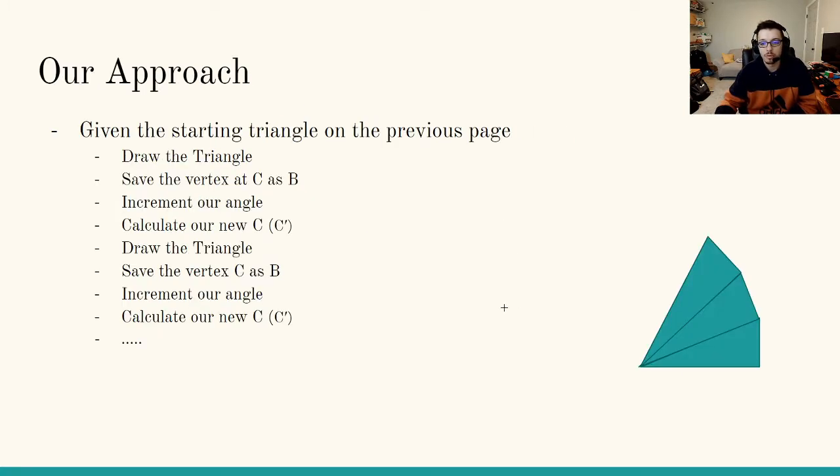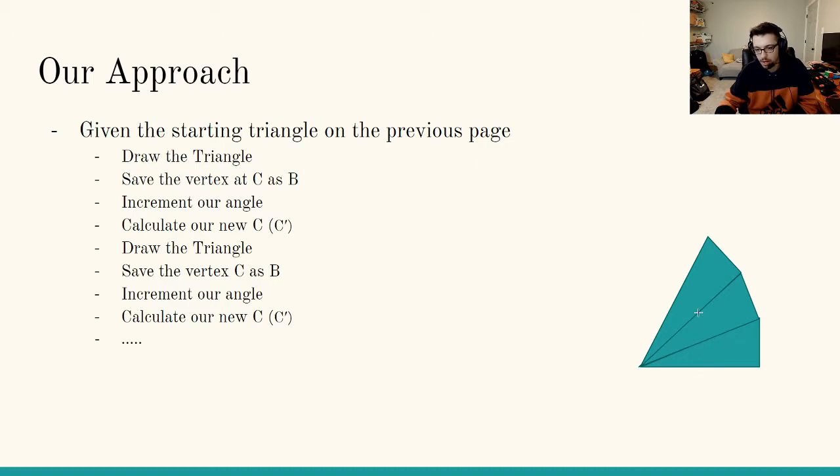So our approach is going to be: draw our first triangle, then save that C vertex in B. We're then going to increase our angle, so now we are representing kind of 2 triangles here, and calculate our new C value, which would be up here. We'll call it C prime. And then we will draw this triangle, and then we will save that C prime vertex as our B,